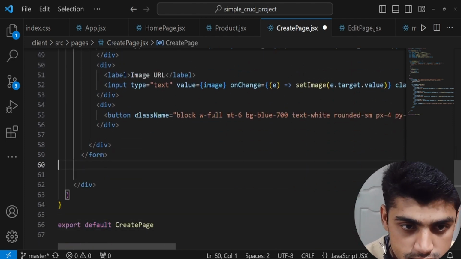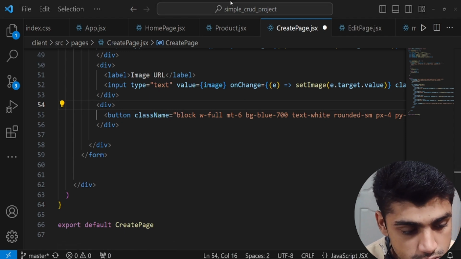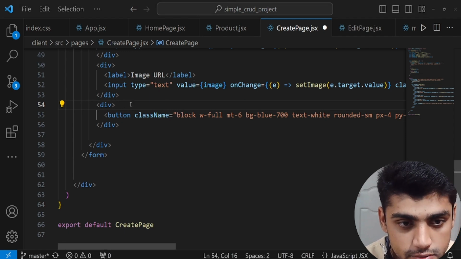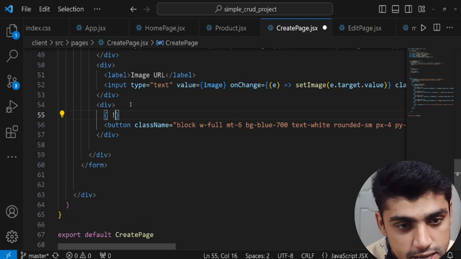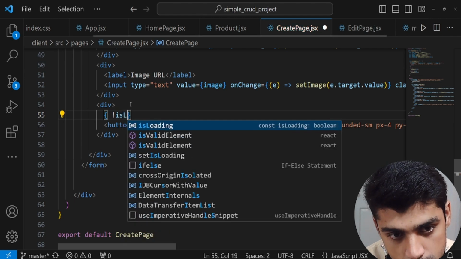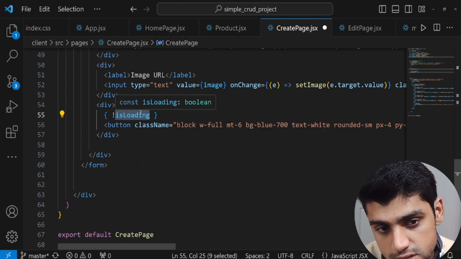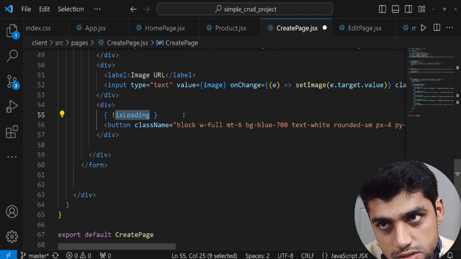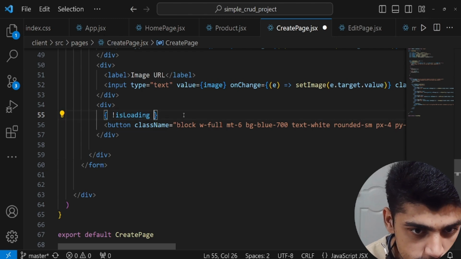We don't want this to be appearing, for some specific reasons, when we already clicked on it. So I could add conditional rendering inside this div, and I'd say if not isLoading. So this is actually the opposite of isLoading. isLoading by default is false, but if it's loading, if it's true,